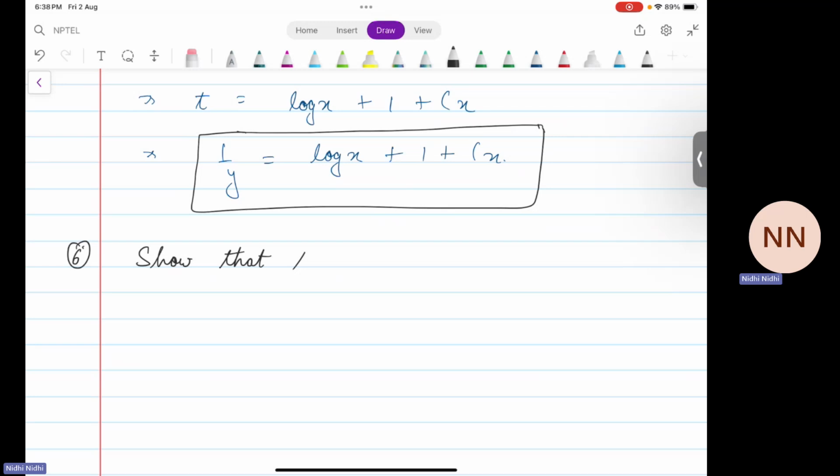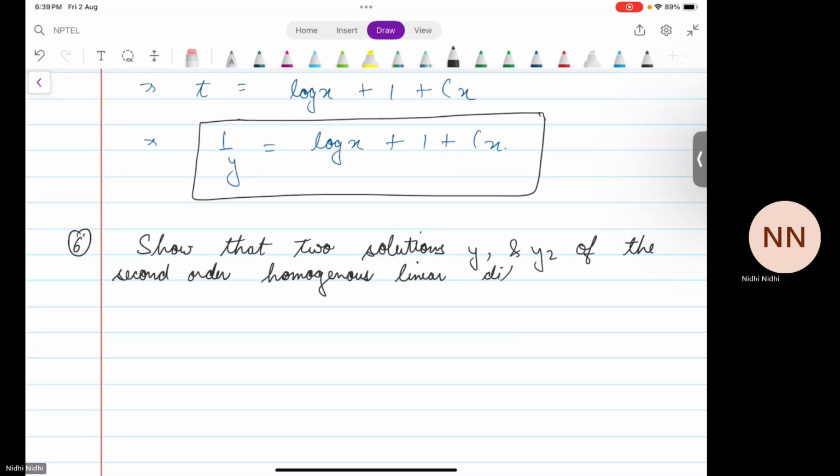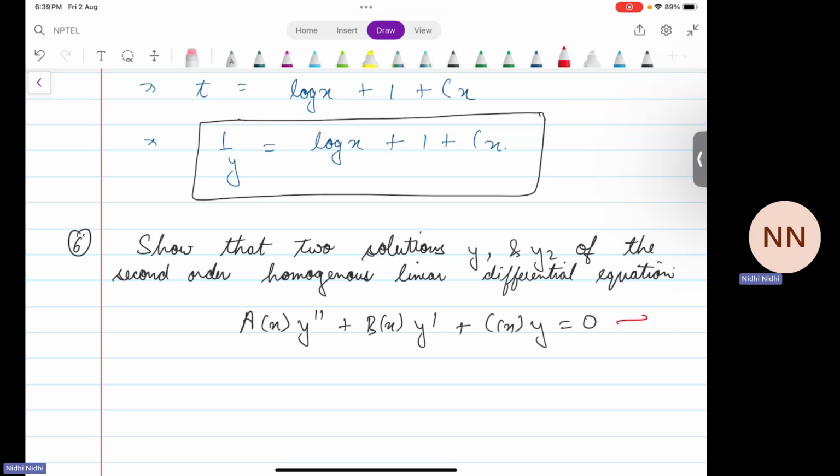that two solutions y1 and y2 of the second order homogeneous linear differential equation given by a(x) y'' + b(x) y' + c(x) y = 0. Let's number this one as star,